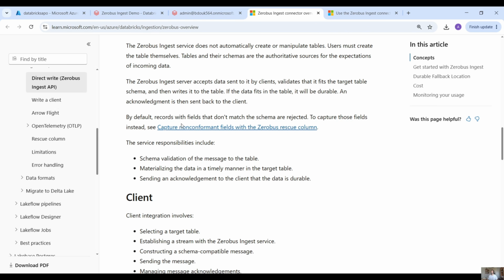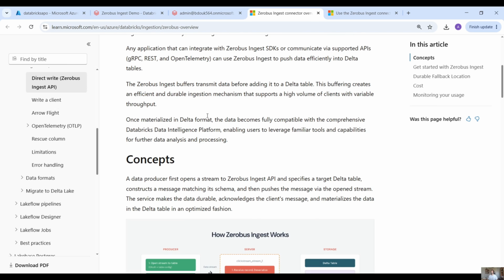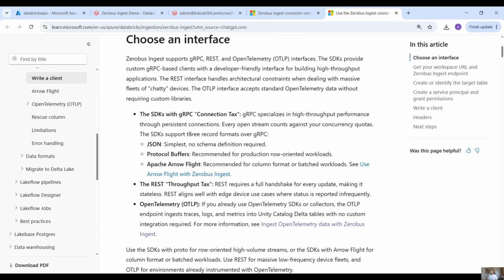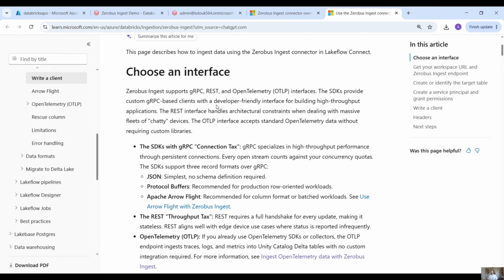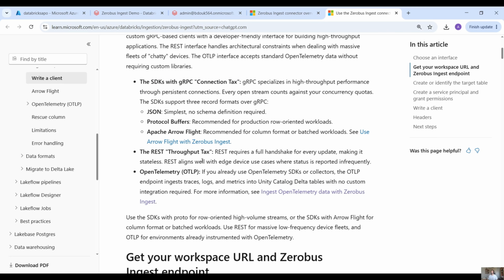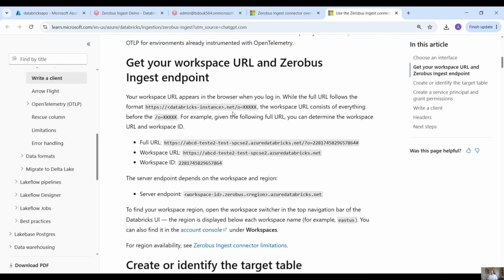So we have streams, server, client. These are the main components. And here is how you can actually use Zerobus. Zerobus Ingest supports gRPC, SDK, REST, and OpenTelemetry. Here you can see more about all those options, and here is how you can actually get your Zerobus Ingest